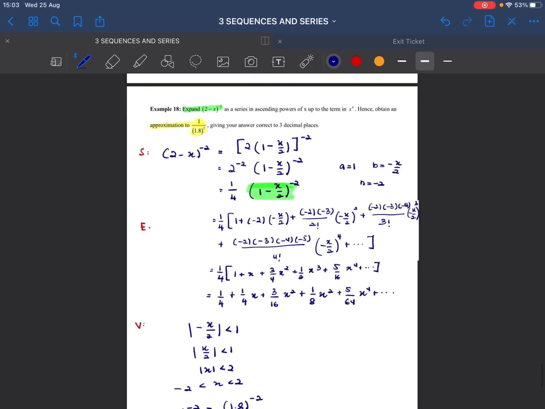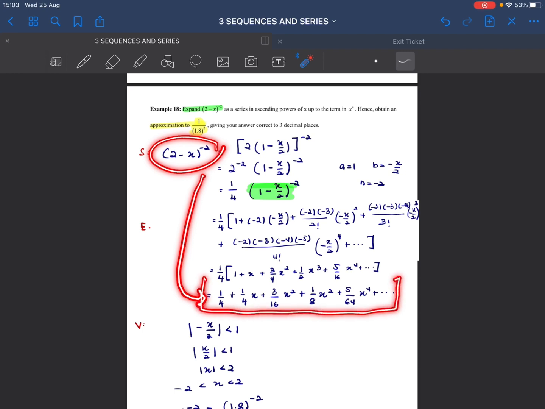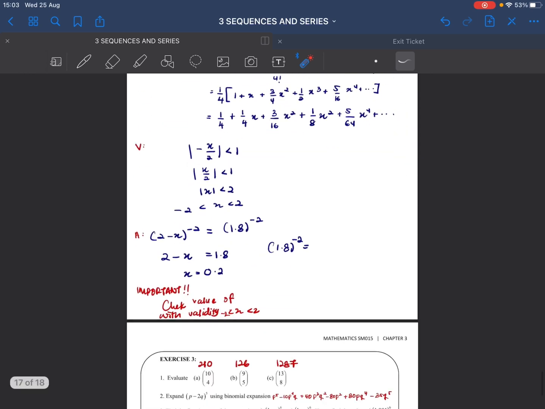So tadi kita compare dia dengan yang ini, betul tak? Kita compare dengan yang ini. So expansion dia ialah expansion yang ini. So kita kena masukkan lah dekat dalam sini. Sorry, silap. Ini expansion kita yang ini. Okay, so kita kena masukkan value x equals to 0.2 tu dekat dalam expansion kita. The whole thing there. So we will have